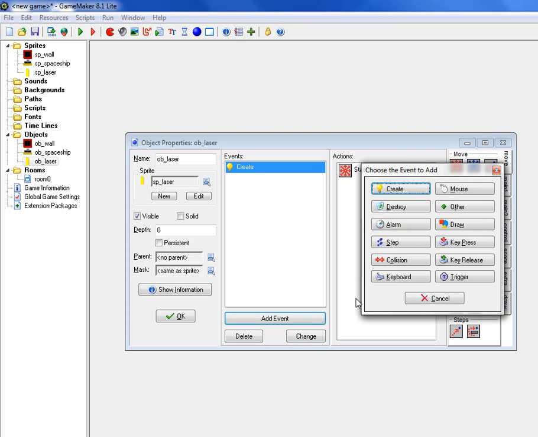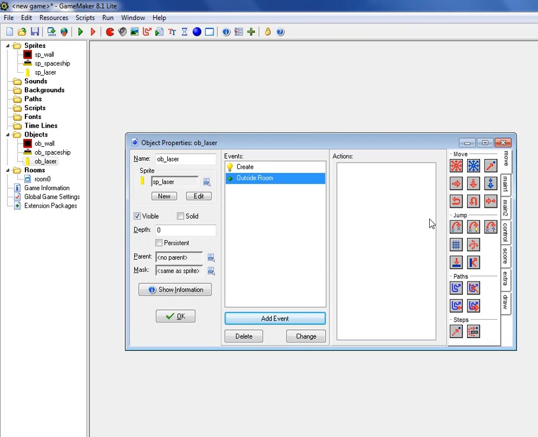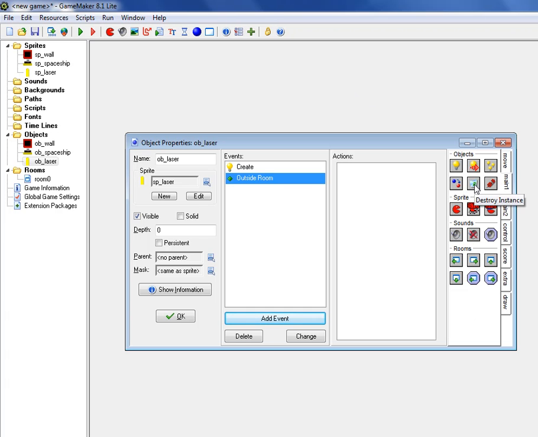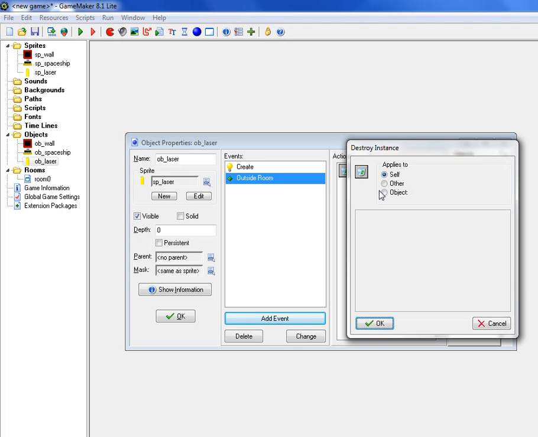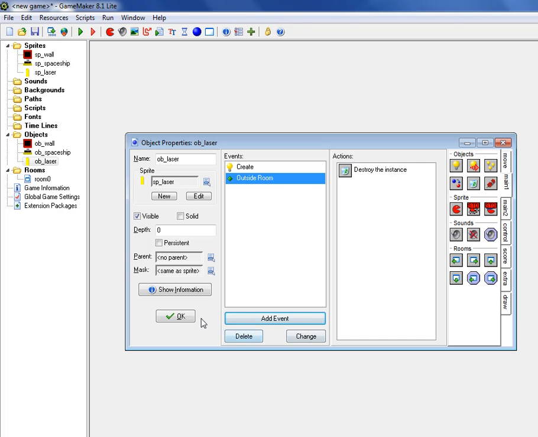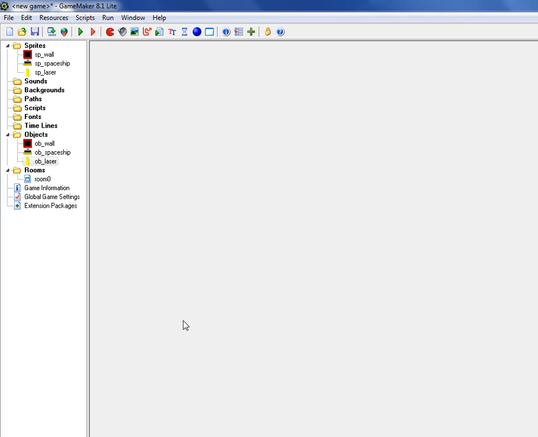So add event, and let's go to other and outside room. So when the laser goes outside the room, if we miss our target, we can go right here where it says destroy instance and destroy itself. That's good. And hit OK. And hit OK. So now let's go to our spaceship